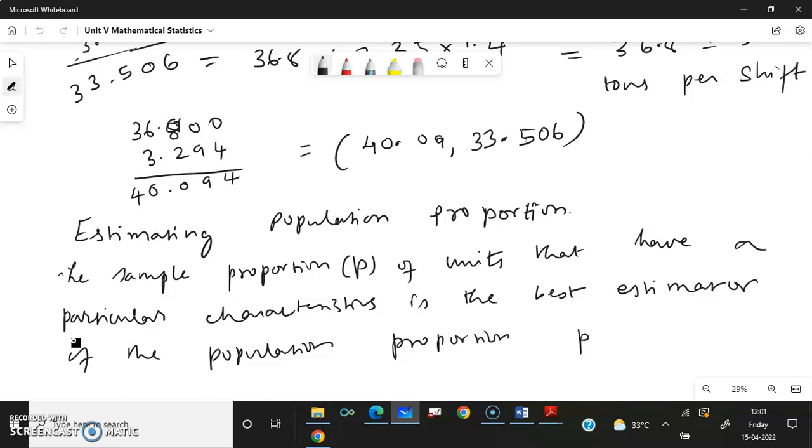The population proportion is denoted by P cap, and its